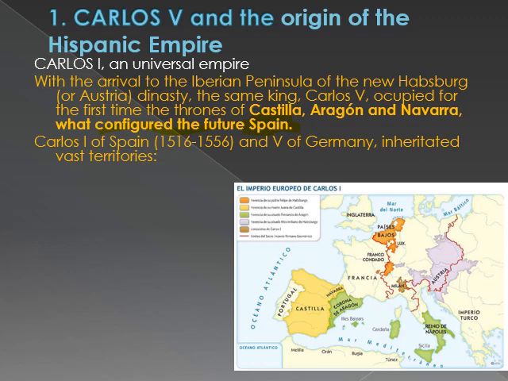He's not king of Spain yet. Spain doesn't exist yet. He is king of these different territories. He's king of Castilla, he's king of Aragon, he's king of Navarra, but all these territories still preserve their borders, still preserve their own currency, their own laws, or even their own